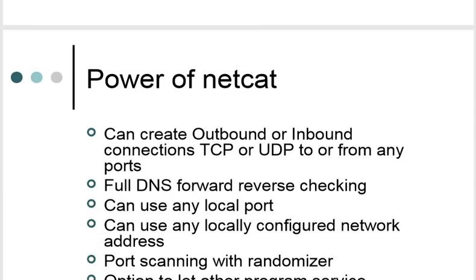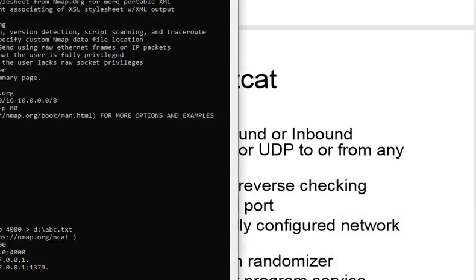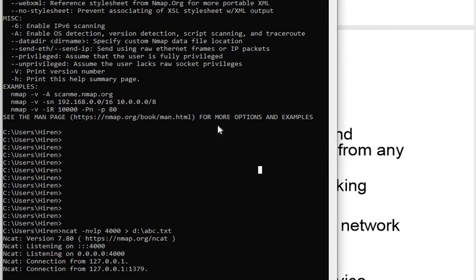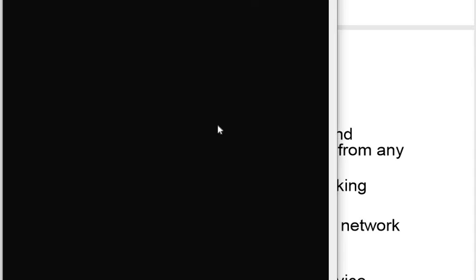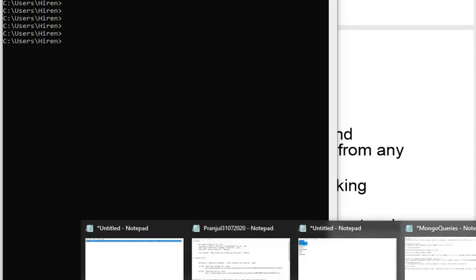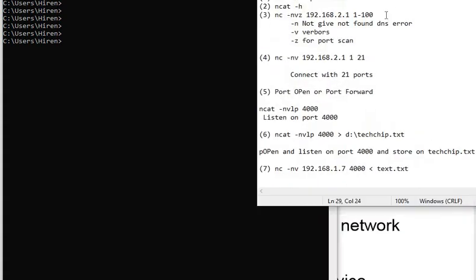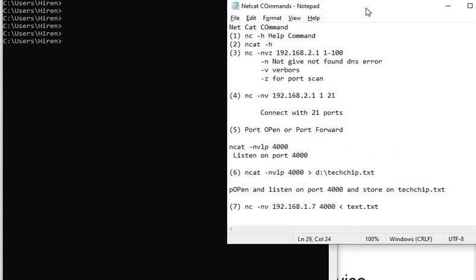So without wasting much time, we would like to start working on netcat, right? Just do me the cls. Okay, we have cleared the screen now. On the side I have opened a file for the netcat commands.